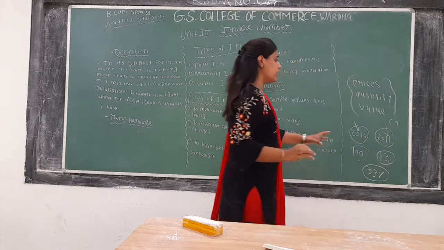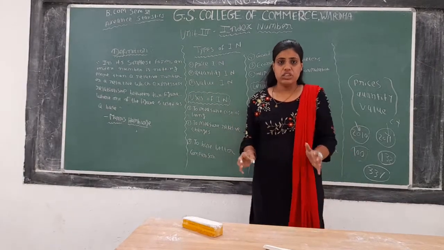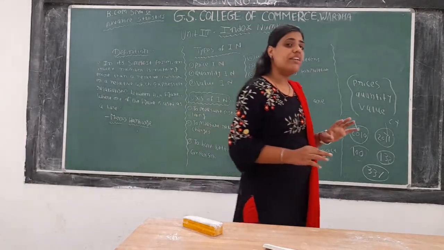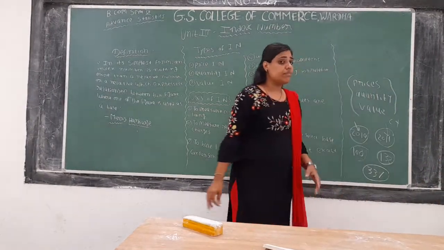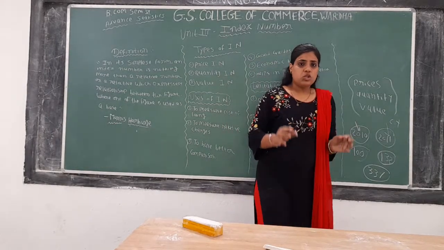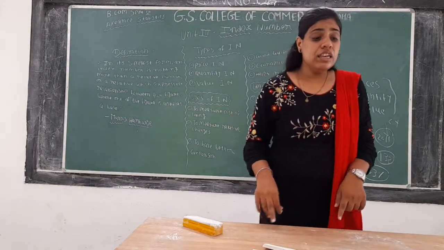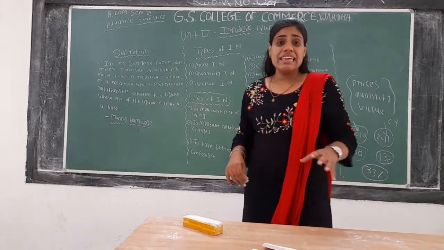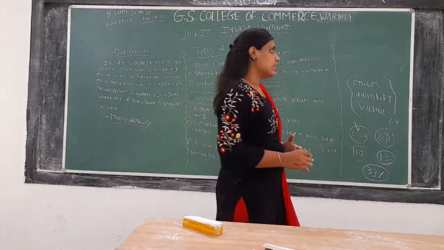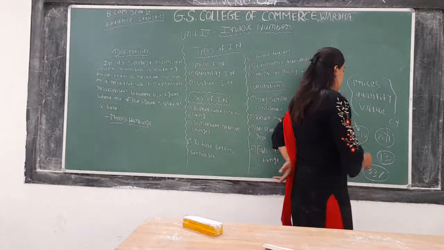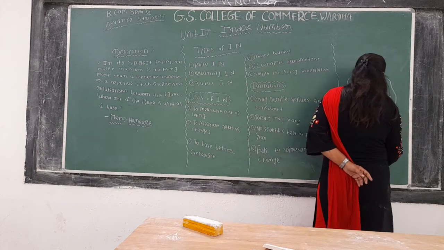So when we talk about the index number, it's basically a relative measure which is used to make comparisons in different economic variables. It might be prices, quantities, values or anything. Basically, index number is an economic indicator which measures changes in the value of variables in any given period of time, basically between the current period and the base year. Like here in this example we have taken 2010 as the base year and 2011 as the current year.